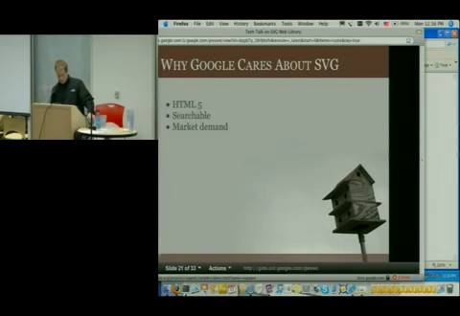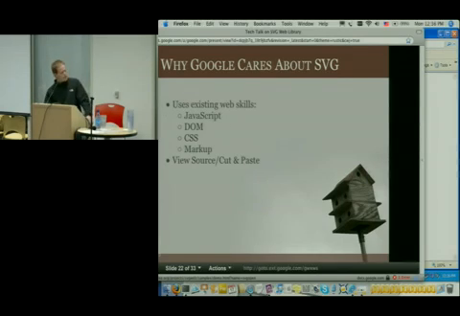I already mentioned market demand. One of the unique things about SVG is it uses existing web skills. So when we get to QA, I can crack open one of these things, but again, it pretty much feels like you're interacting with a DOM. It's JavaScript, HTML, and so on, CSS. One thing I like to say is these are view source technologies. It's already been great getting these things. I always look for test cases, and I learn just by view source.